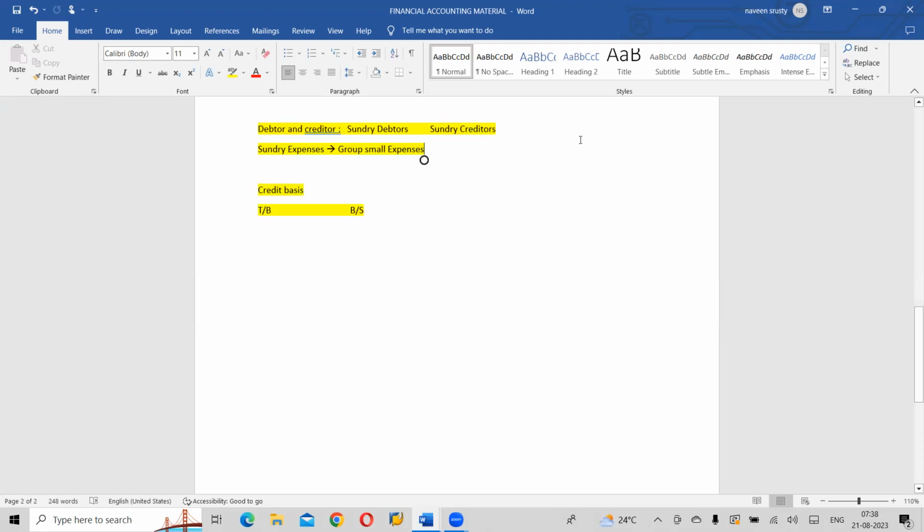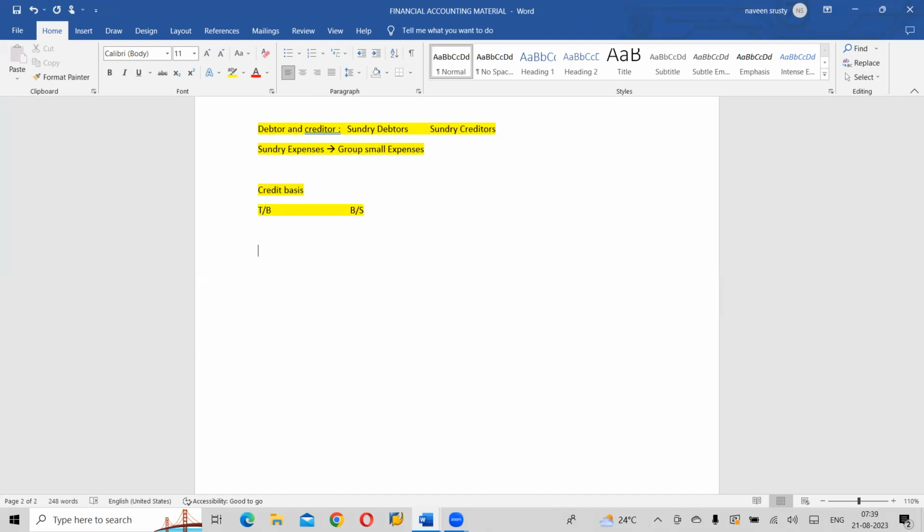Right? In a real-time end user environment, we have different departments. One department is an accounts payable department, and one department is nothing but an accounts receivable department. These two are separate departments. They won't merge together. Clear? Any questions here? Any questions? No, Naveen, I think we are clear.